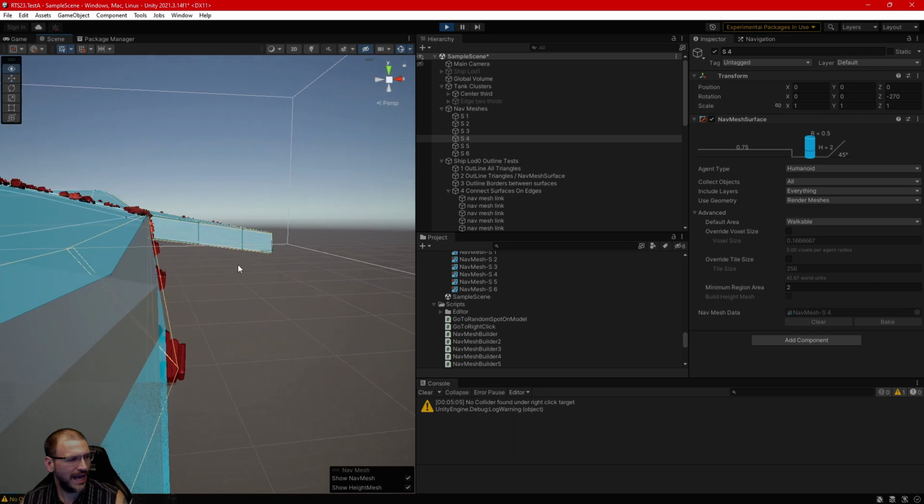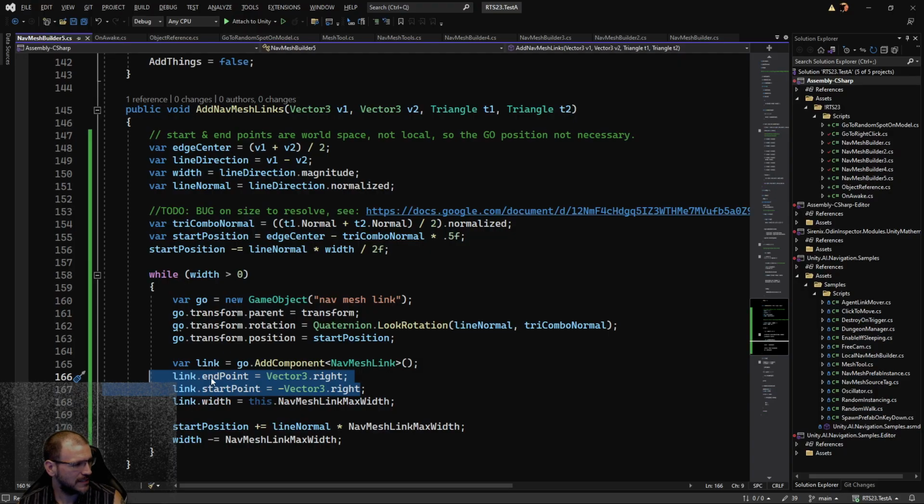But what happens if I have a 4-meter wide unit? My current code, it'll still work, but this edge is going to be receded from half a meter, or sorry, to 2 meters. So it's going to be out here, and this line is no longer going to match it. Additionally, the width of the line is going to have to expand, so I need both of those numbers to expand. That means that these start and end points have to extend out farther, and additionally my nav mesh length,